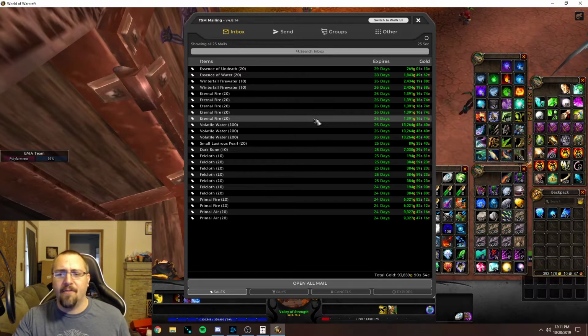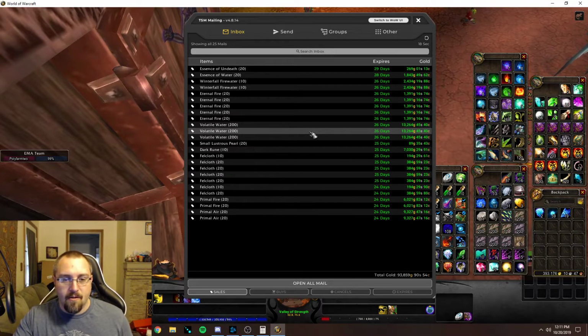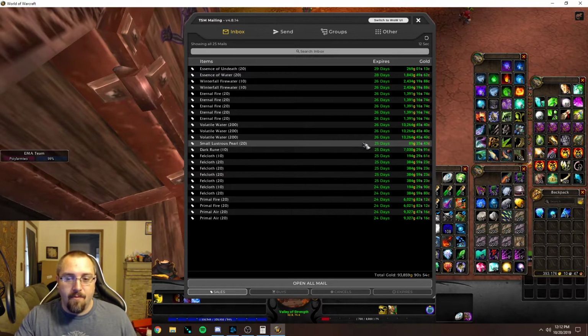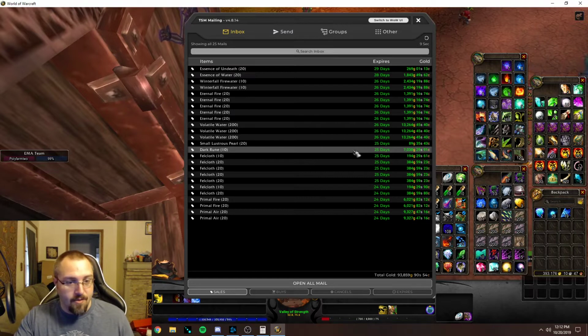Shadow as well, but I just haven't been doing it because the value's been kind of low on it, even though you can get so many eternal shadows. Vault of water, really good value on that. 3 stacks at over 13,000 gold, really good on that. Some small lustrous pearls. We sold some of the dark runes already, and just did a video on that,